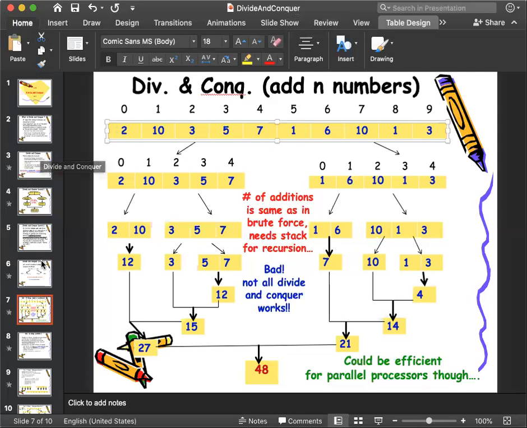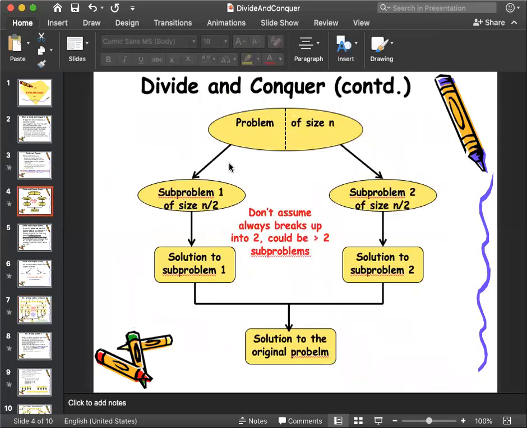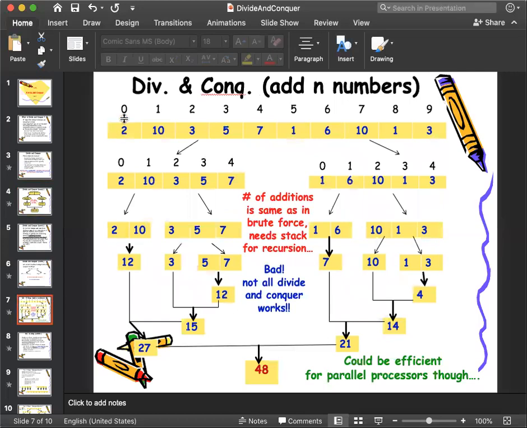সো উই অলরেডি নো দ্য রুলস। রুলসটা কি ছিল, কিছুক্ষণ আগে আমি আপনাদের রুলসটা দেখাইছি। রুলসটা কি ছিল, আই হ্যাভ টু ডিভাইড দ্য n নাম্বার বাই 2. I have to divide the whole number by 2. So as here is sorry, here I have list of 10 numbers, so 10 by 2 means 5 5. So I divide the list into 5 5 group. দেখেন প্রথম 5টা নিয়ে আমি একটা গ্রুপ করছি, পরের 5টা নিয়ে আরেকটা গ্রুপ করছি। সো 0 to 4 প্রথম 5টা, the first 5, 2, 10, 3, 5, 7, দেন তারপরের 5টা নিয়ে আরেকটা গ্রুপ করছি।